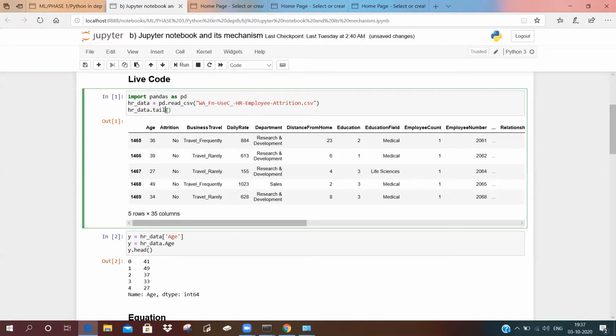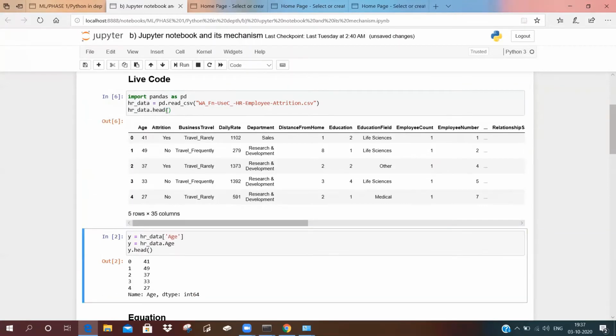Now, if I want to change this and I want the first 5 rows of my data, I'll rerun it. And it gives me the first 5 rows of the data.